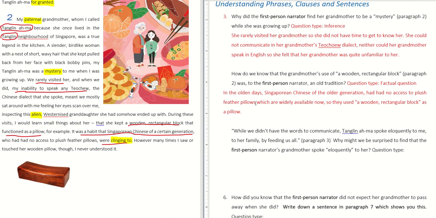Why is it a tradition? Such soft pillows are widely available now, yet